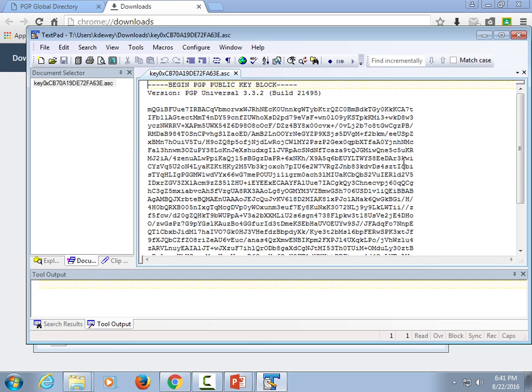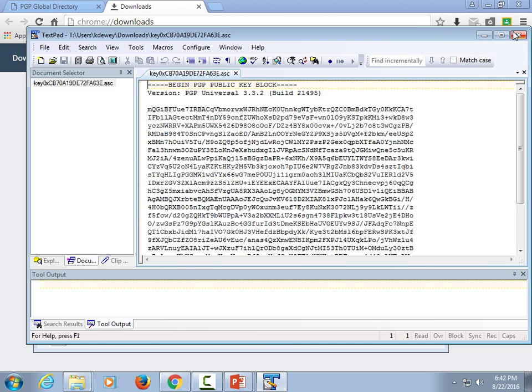Then why would I bother doing that? Anybody know why? Who wrote the document? Who's the only person who has the answer to the public key? Me. So you know it came from me. So it's a way of verifying that Ken Dewey sent you something. When you get into security commerce, you actually do a project in this. Okay. Can I understand what I just said there? Okay. So.